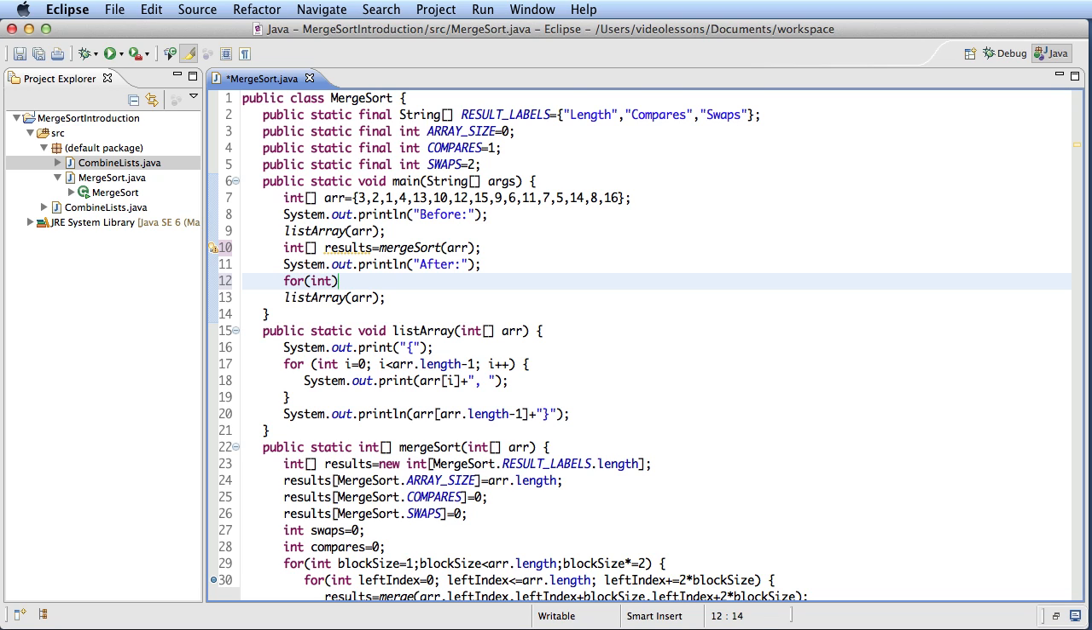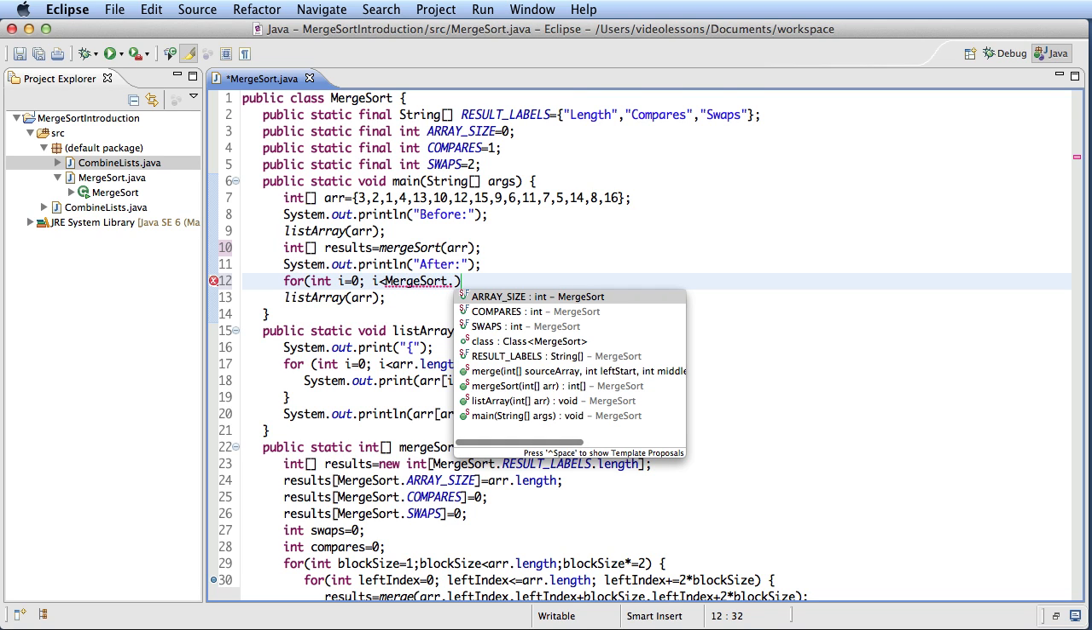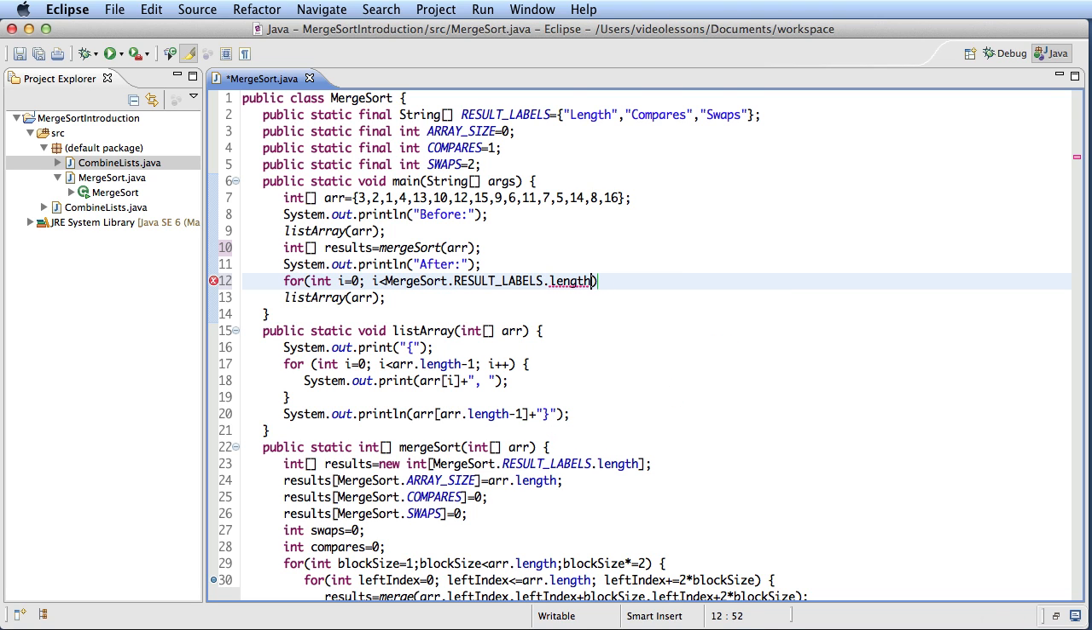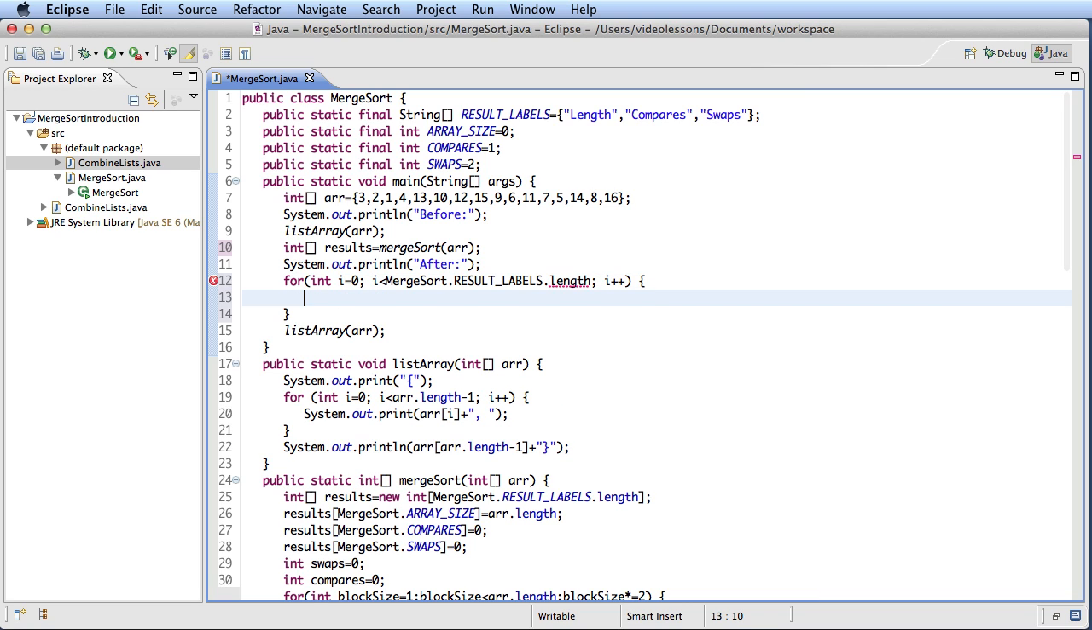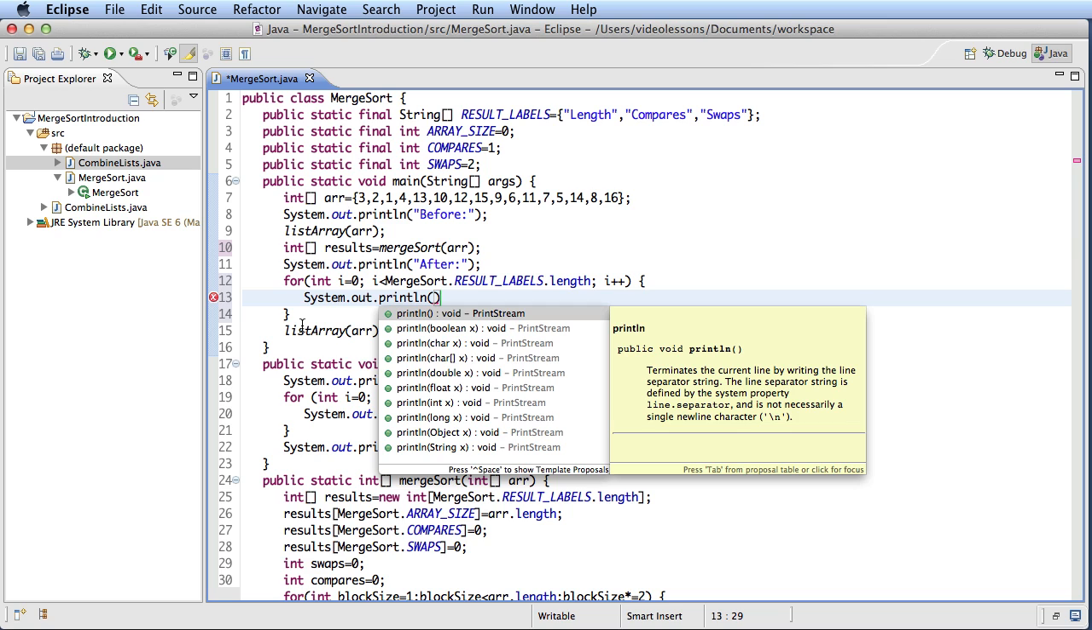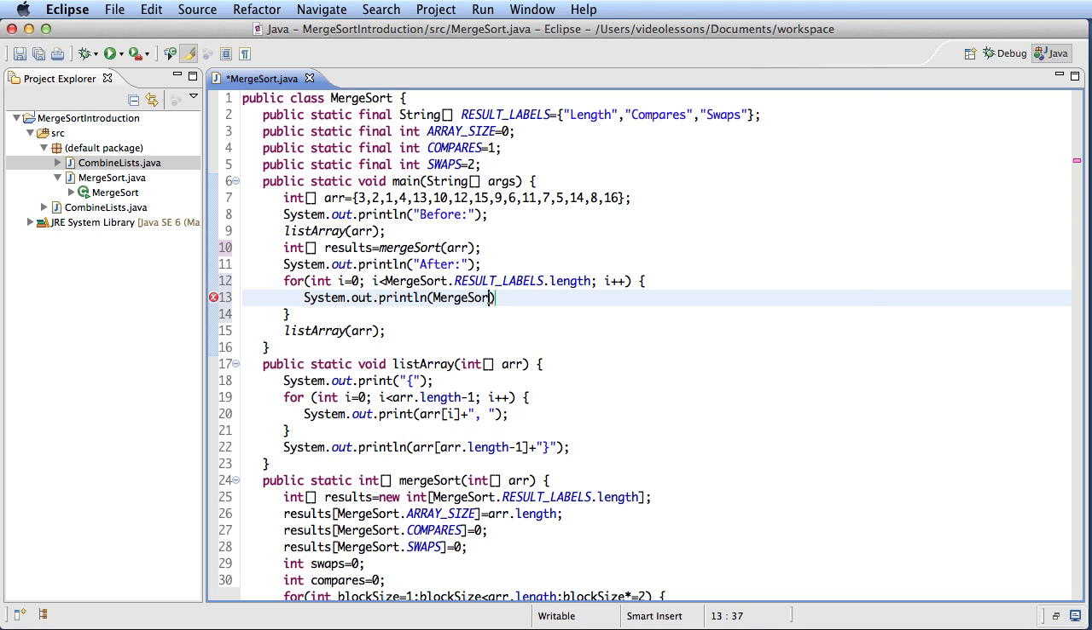write a loop that will loop through each of the values in our string array, our result labels dot length, and for each of these we'll output our merge sort dot result labels of I plus an equal sign plus our